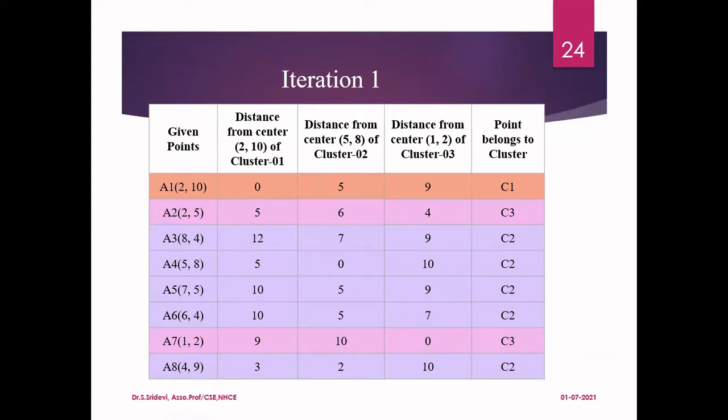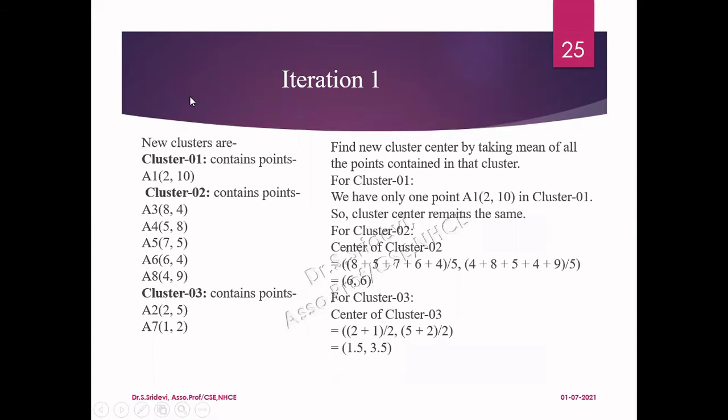Initially, we assumed only the centroids randomly. Now we are assigning the points to the particular cluster. This is iteration 1. Now we can say that in iteration 1, the new clusters formed are cluster 1, containing 1 point, A1, cluster 2, containing totally 5 points, A3, A4, A5, A6 and A8, and cluster 3, containing 2 points, A2 and A7. So now, once these points are assigned to the clusters, the centroids of these clusters will